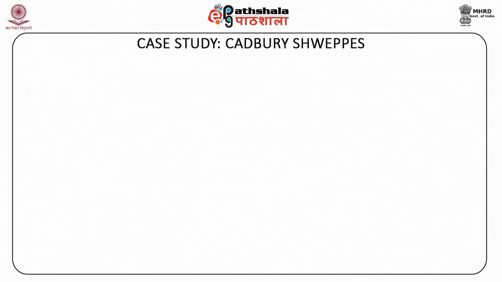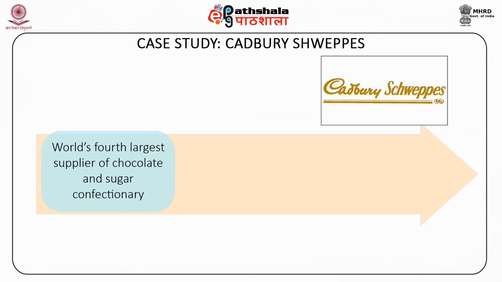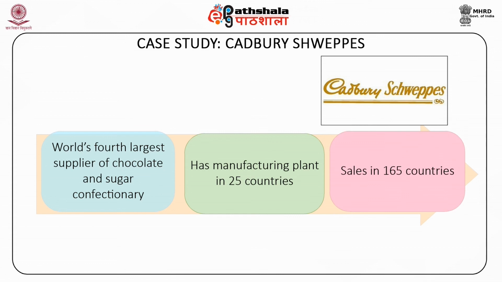In the confectionery business, Cadbury Schweppes is the world's fourth largest supplier of chocolate and sugar confectionery. The group has manufacturing plants in 25 countries and sales in a further 165. Cadbury Limited is Cadbury Schweppes' UK confectionery operation, and it is responsible for the production of all Cadbury's best known